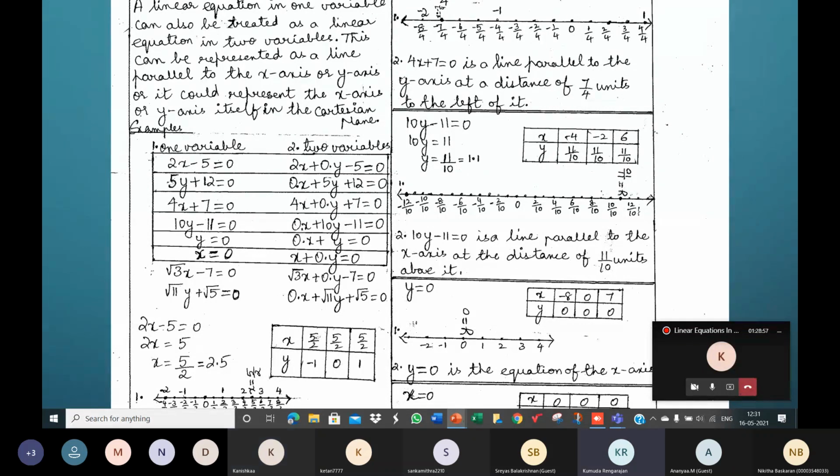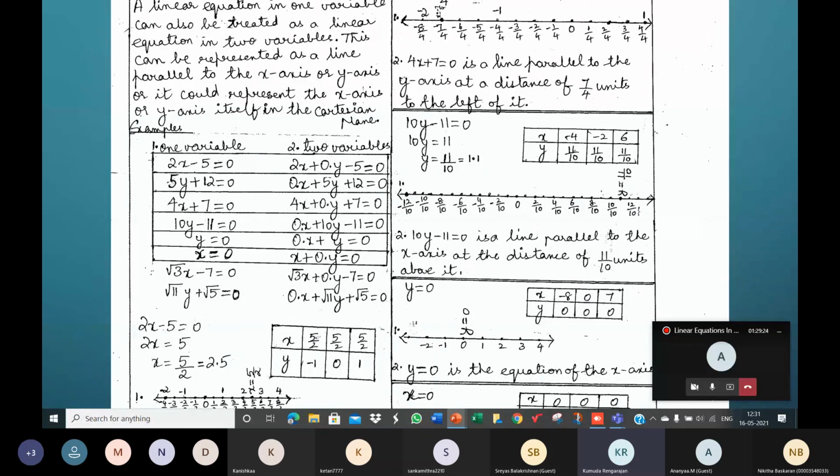Okay, that is one thing. The distance between the y-axis and that line is 2.5 units. Okay, then what else? The line is parallel to the y-axis and is perpendicular to the x-axis. Very good. Yes, the line is parallel to the y-axis. That's another conclusion. Then the line is at a distance of 2.5 units.